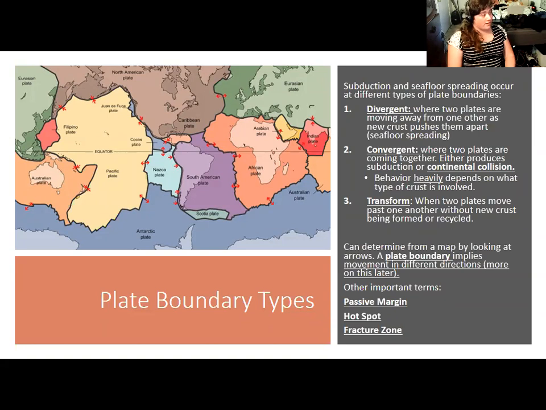The third type of plate boundary is a transform boundary. For divergent, they're going to show two arrows going apart. For convergent, they're going to show them going together. They will normally show transform kind of going in, like one arrow goes up, one arrow goes down like this. There is only one example that you can see on this map. Where is that? Is it the Caribbean Sea and the Cocos Plate? That is an example of